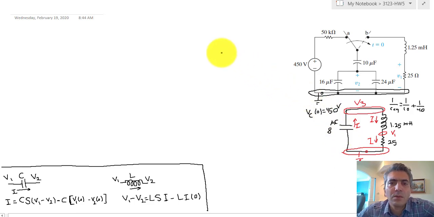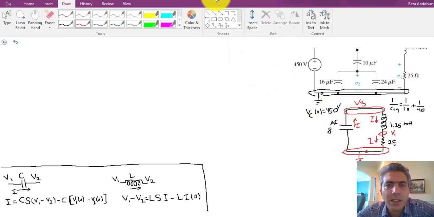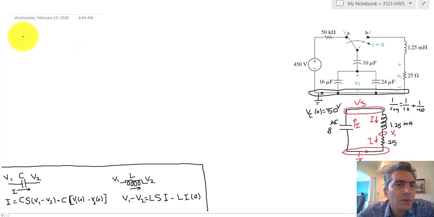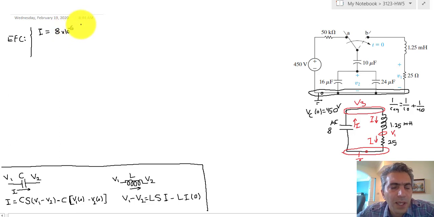Okay, that's set. Now we don't have to write a KCL, and we can directly move on to writing equations for components. We have 3 components, therefore 3 equations. For the capacitor, down here you can see the equation for the capacitor. The current passing through the capacitor is equal to the capacitance, which is 8 microfarad, 8 times 10 to the minus 6 S